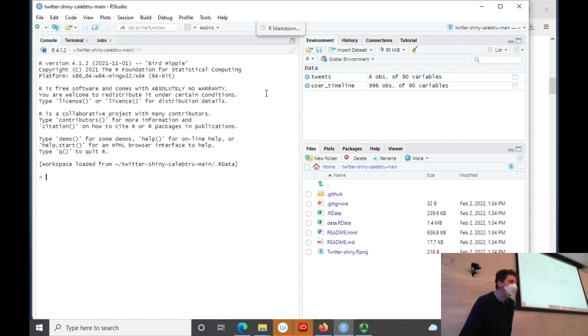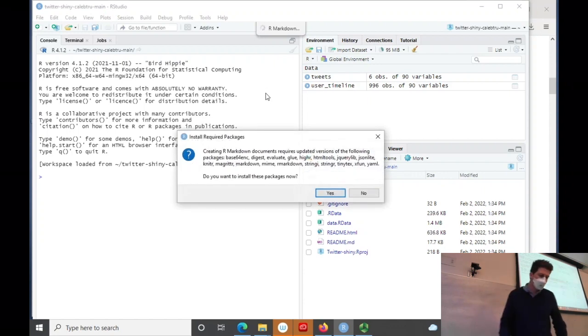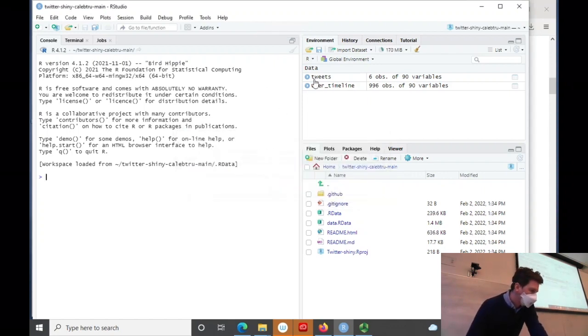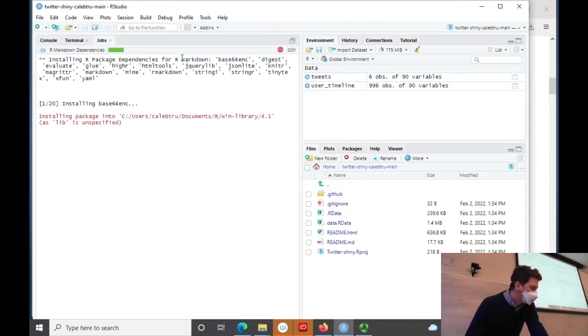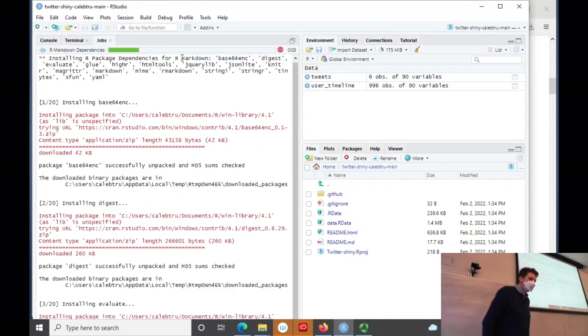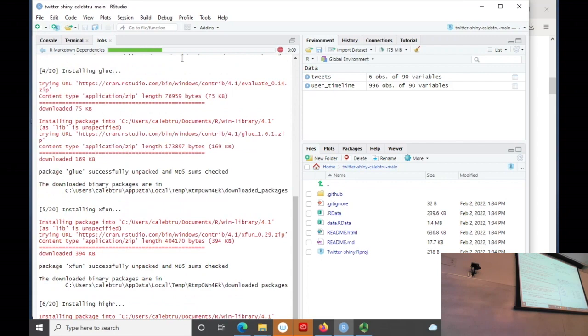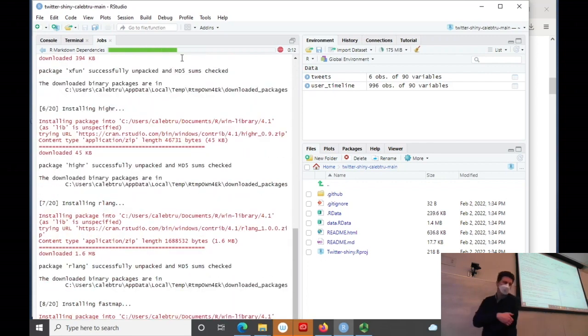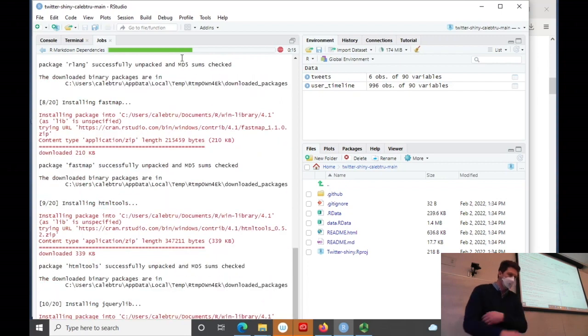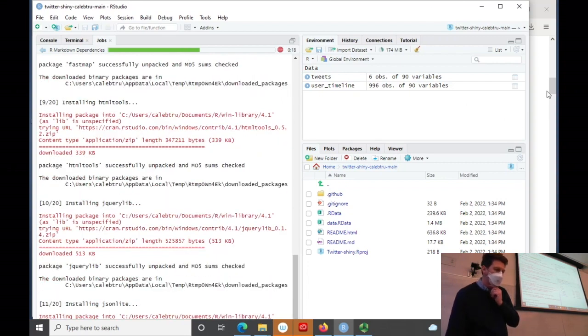And when I select that, we've done this before where it gave us a document that had the YAML, had code chunks, and it had plain text. What we want to do now is use this portal to create a Shiny document from that. And if it's their first time running it on this computer, it's going to download a bunch of packages too. So once you have the Shiny running, and I'll come back to that once it's done running,